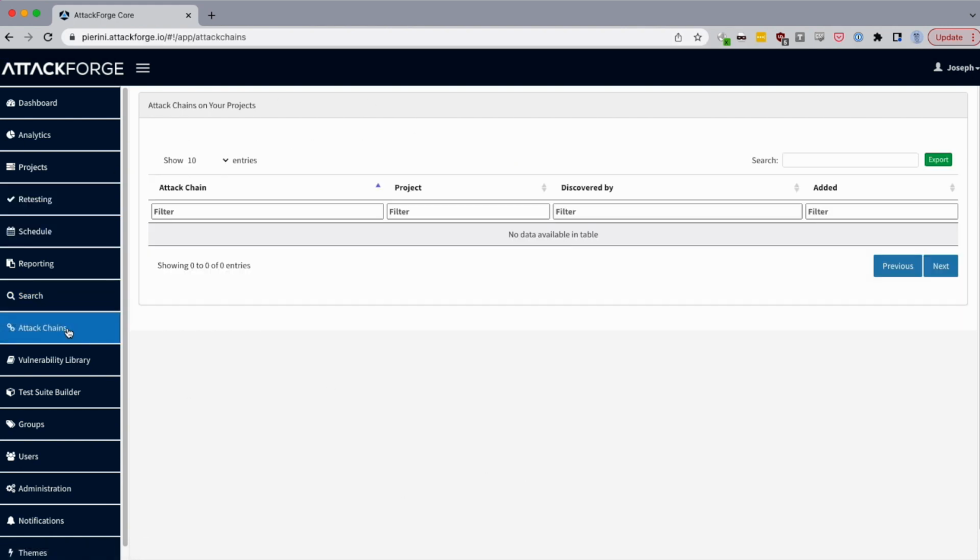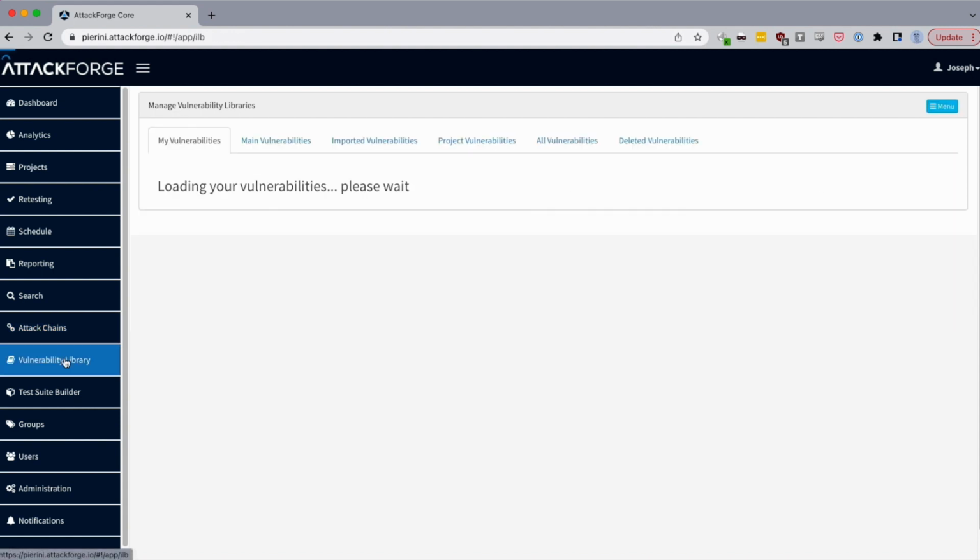Ooh, attack chains. Now this would be nice. I don't know what this necessarily is going to look like, but I've always had pushback from customers that want to go, well, if we just fix that first thing you found, then we don't have to fix everything else. And this would be useful to show them that, well, wait a second. No, you can't just fix that one thing. You've got to fix them all if you want to be secure or if you want to meet certain compliance, whatever the case is. So I like this. This is good. This could come in handy.